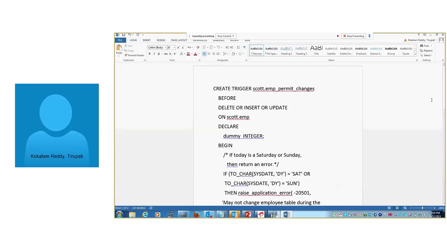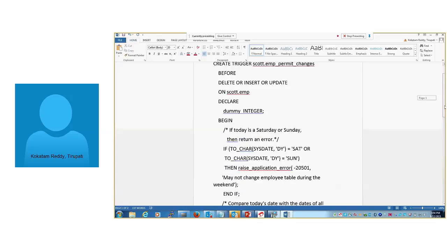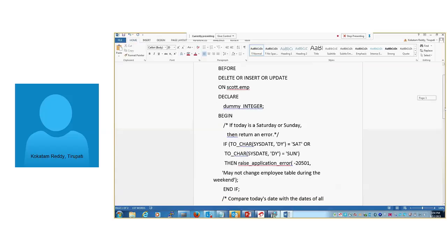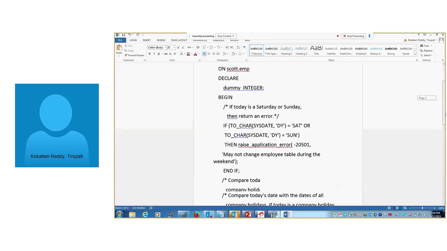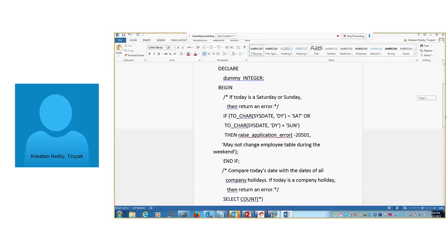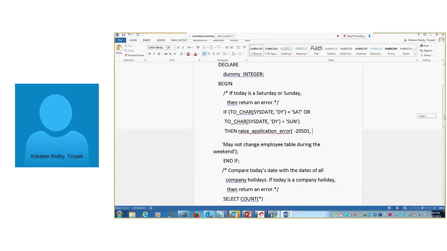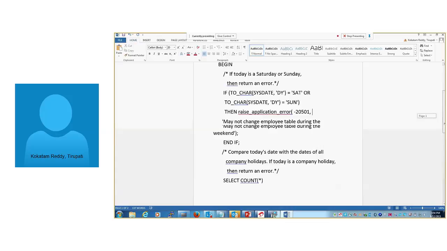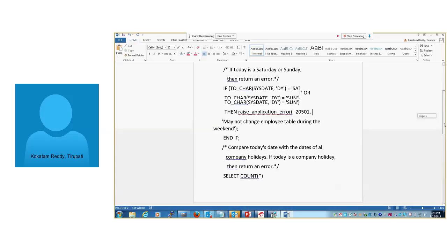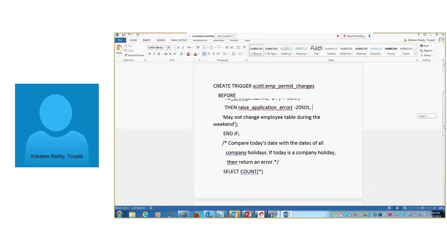On Sunday we have to stop the transactions. At that time we have to raise some application error. Through that application error, we are raising the trigger and stopping the operations on the table. We can see how we are stopping operations on a particular day or particular time.